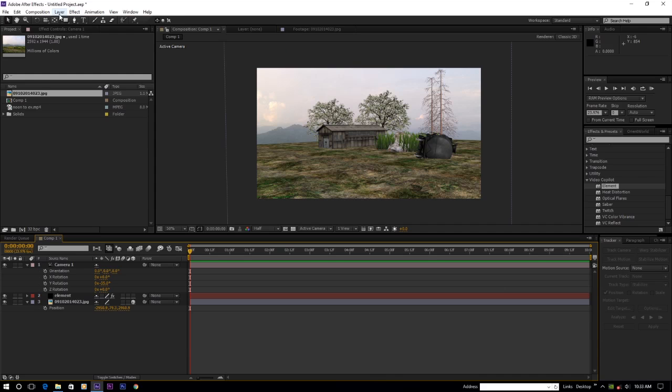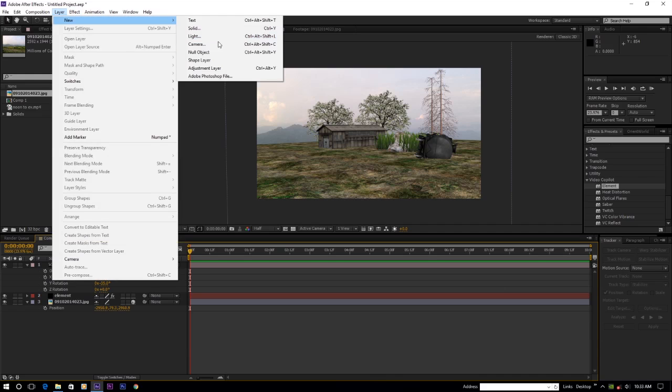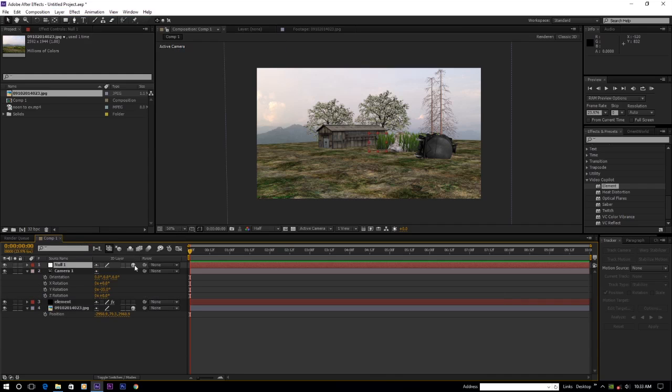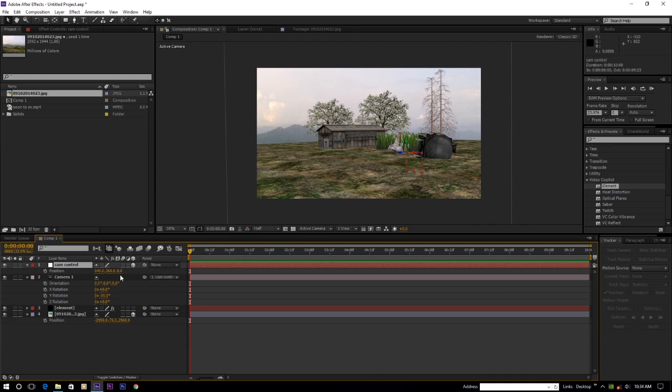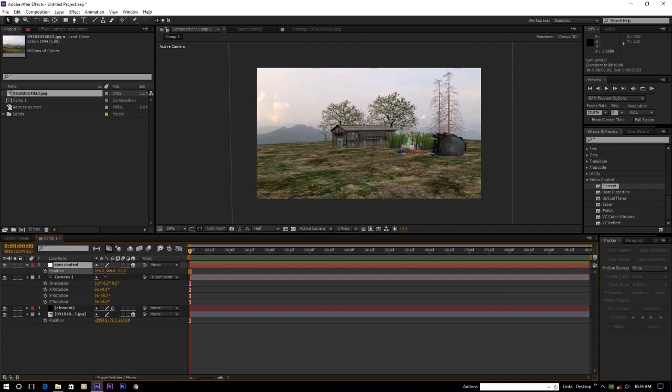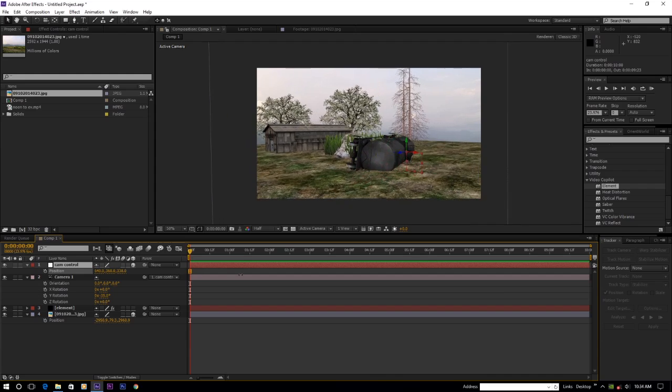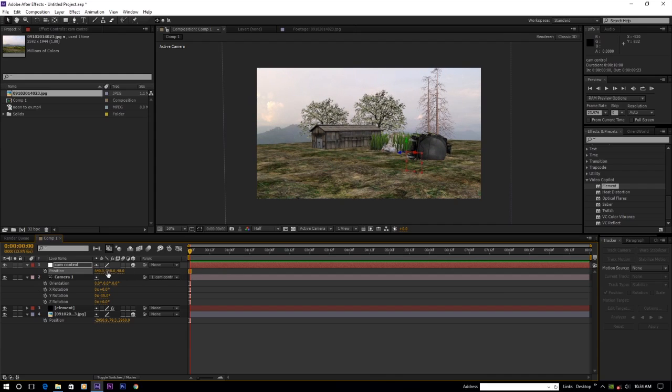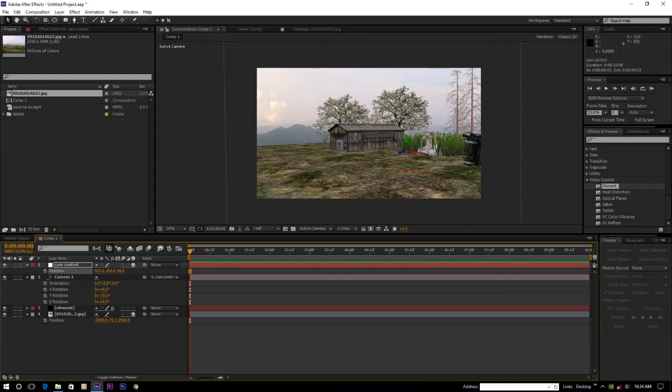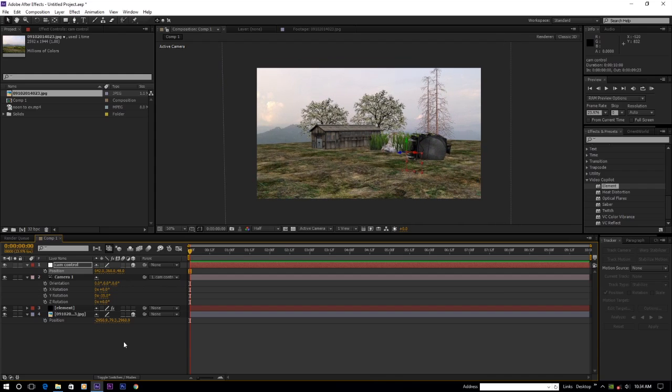I also like to put a null object and make it a 3D switch so it can control the camera. So name it as cam control, and parent the camera with that null object. So if we change the position of the null, it also changes the camera position and helps animate the camera. So get the idea. Okay,